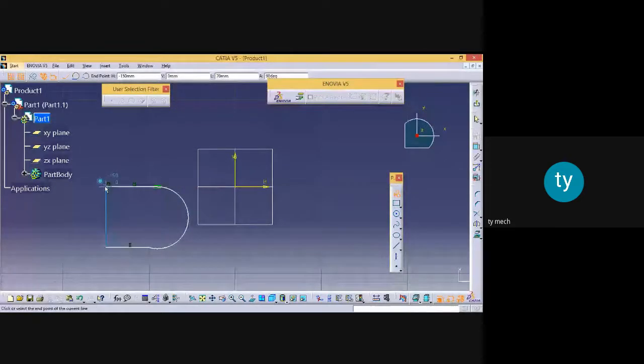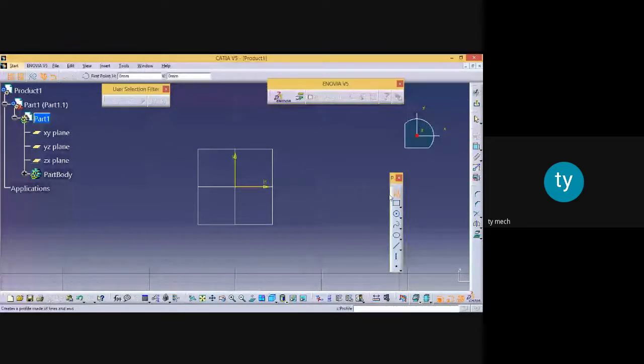This is the simplest way while going for design in CATIA. By using the continuous line, you have the option of drawing a circle also. Once again, I am showing this profile menu.